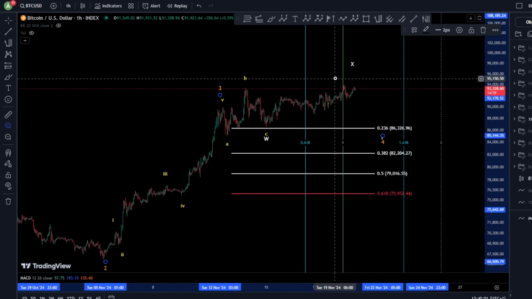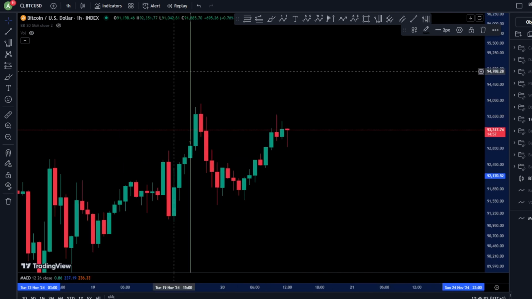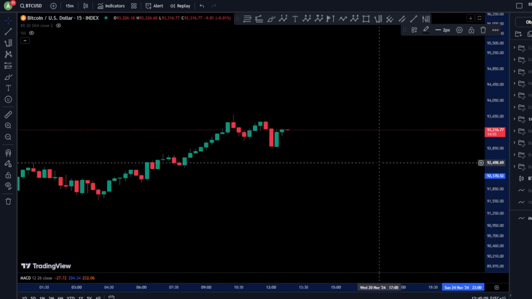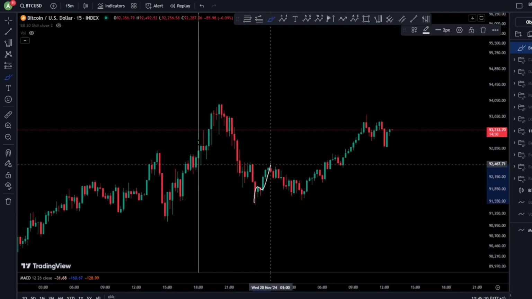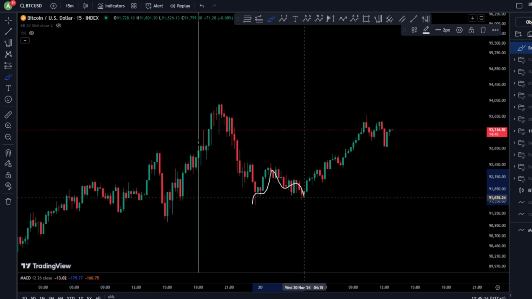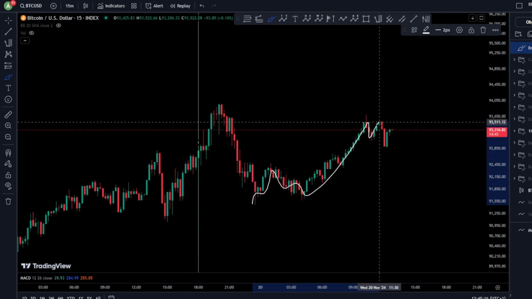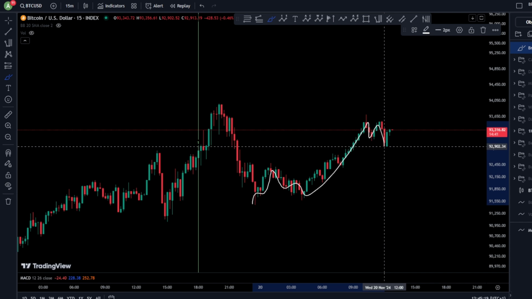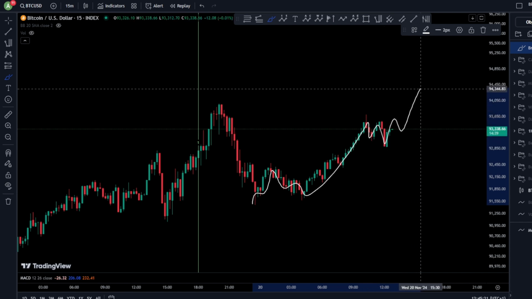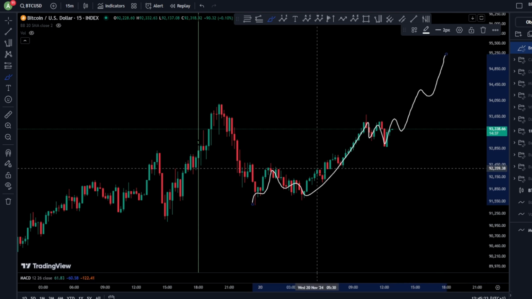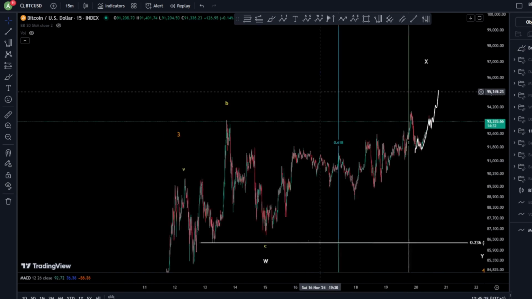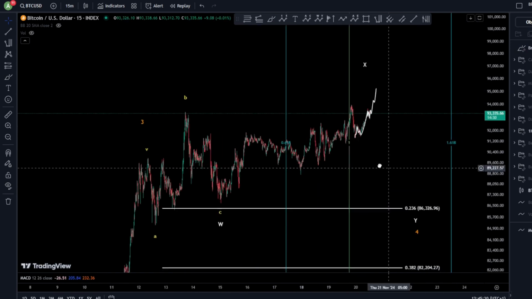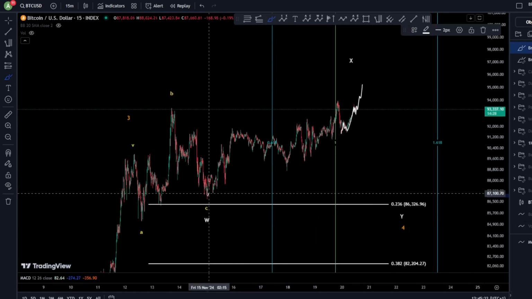I mean, there are not so many impulsive waves here, as you can see. Let's see on the 15-minute chart. You can see that we don't really have an impulse here. We are looking at 3 waves towards the upside, 3 waves down, and possibly a wave C here, and maybe another correction. And in case we see another impulse here to finish this ABC, we might see, of course, a new high, and that means we're gonna finish in an ending diagonal, right?